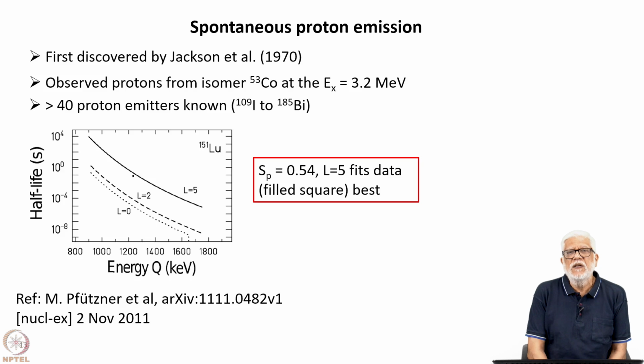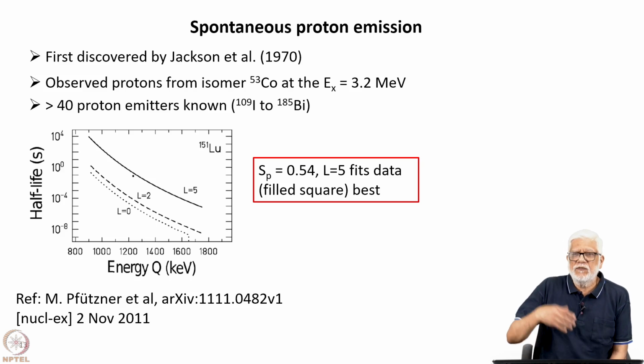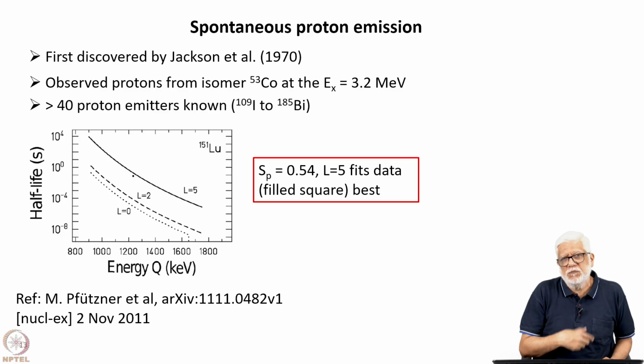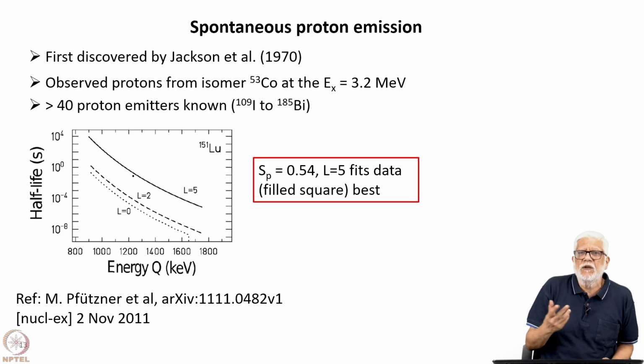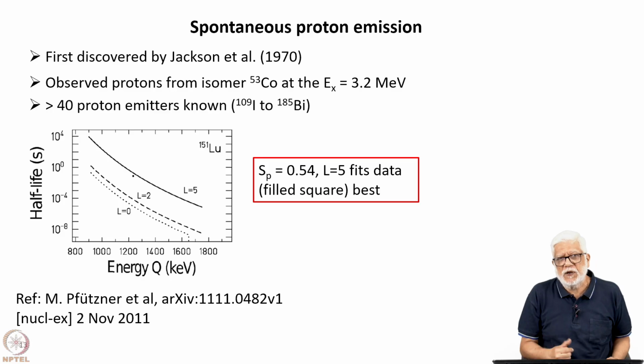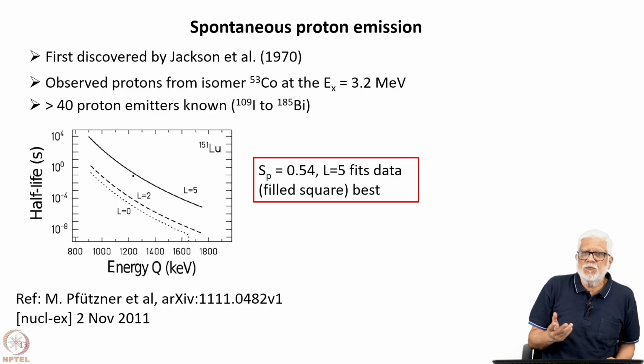In fact, we have even naturally occurring isotopes, and then you have their decay chains, so you have plenty of things in between which can be extracted from uranium or thorium ores and so on, and these emit alpha particles. In the case of protons, you don't have this situation. For spontaneous proton emission, of course, you need very proton-rich nuclei,